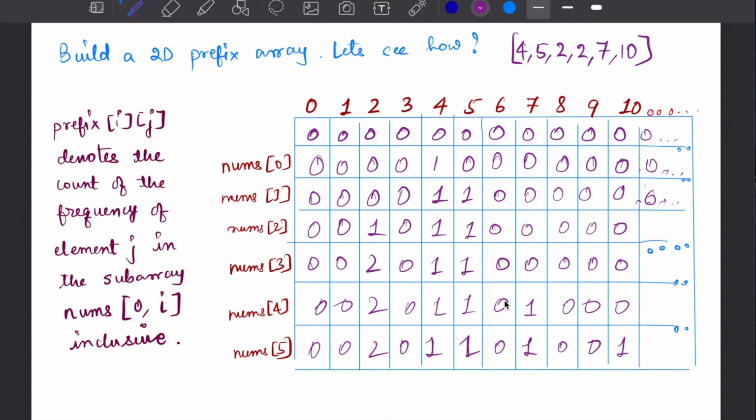Now let's see, what do I do next? Let's say I have a query 3, 5. So basically the user wants to know in this range 3, 5, what is the best difference value that you can get. Let's see. So firstly what I can do is, let's see the difference. If this value minus this value is greater than 0 for each of the columns, then I can say that I have seen this element in this range. Why? Why is that? Let's see.